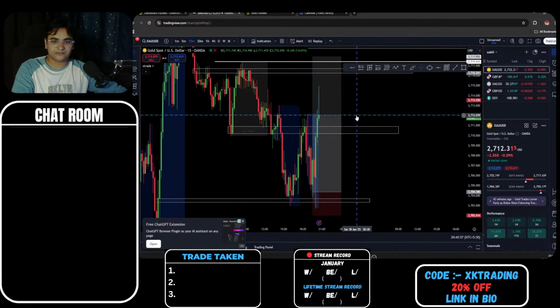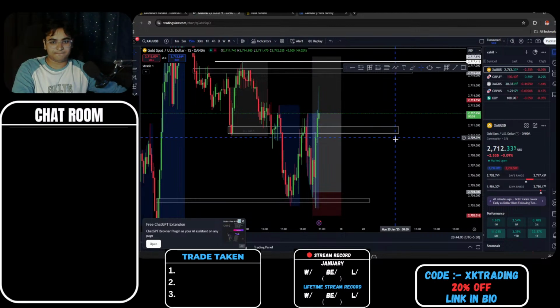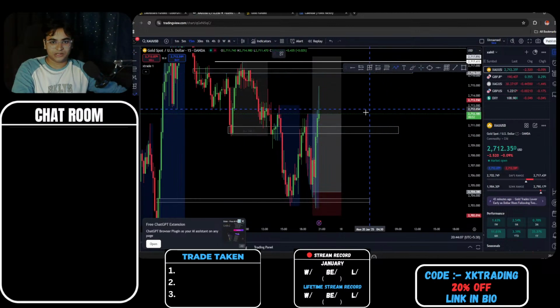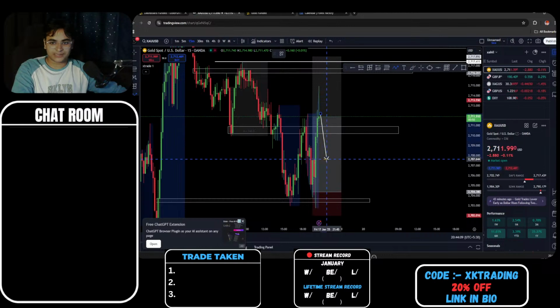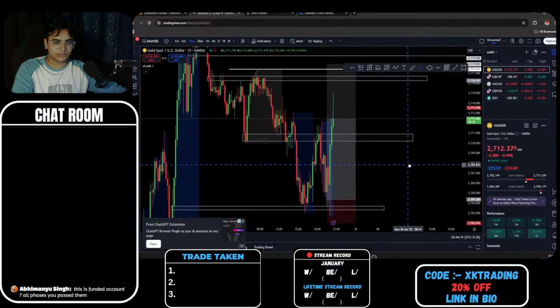We've got 1 minute left for this 15-minute candle to close. Let's see how this candle closure goes. But as I said, it's totally fine to have a pullback till 2708 or so, and then I can see a proper pullback to the account, right?